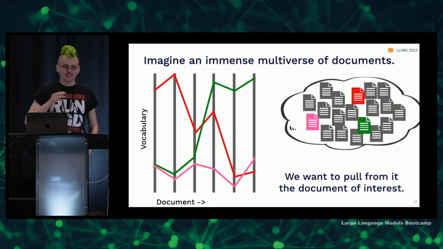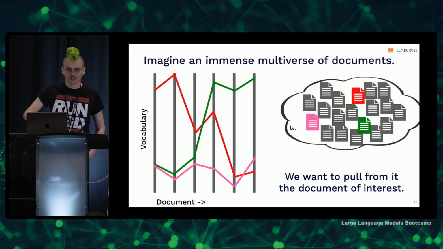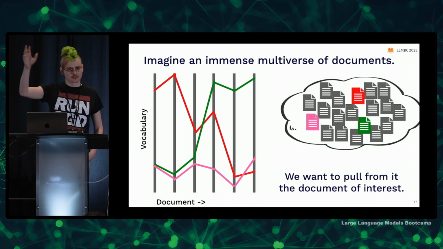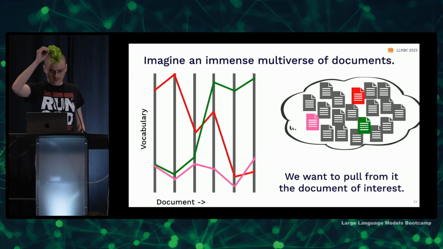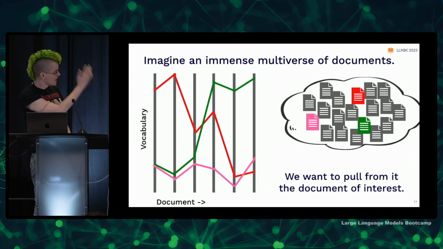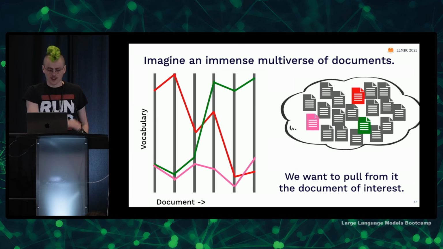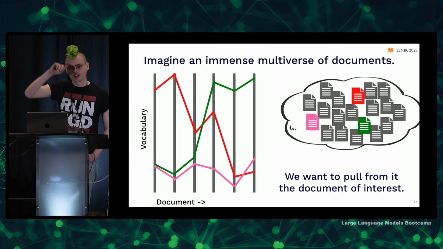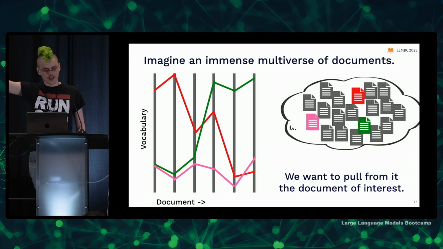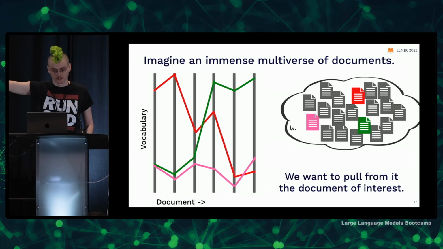So the idea is, take the collection of all possible documents. Think of them as different little universes. A document is a collection of words from our vocabulary. Going up and down is the index of our vocabulary, and going left to right is how far we are in the document. I've drawn some lines to indicate some specific documents. Picking a particular word at each position picks out a particular document.